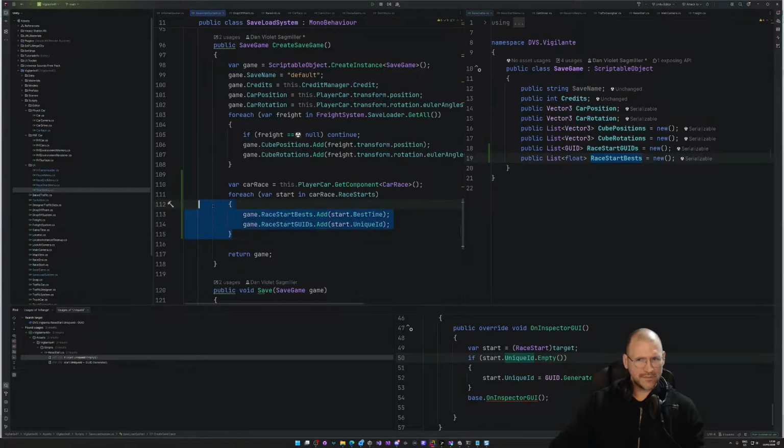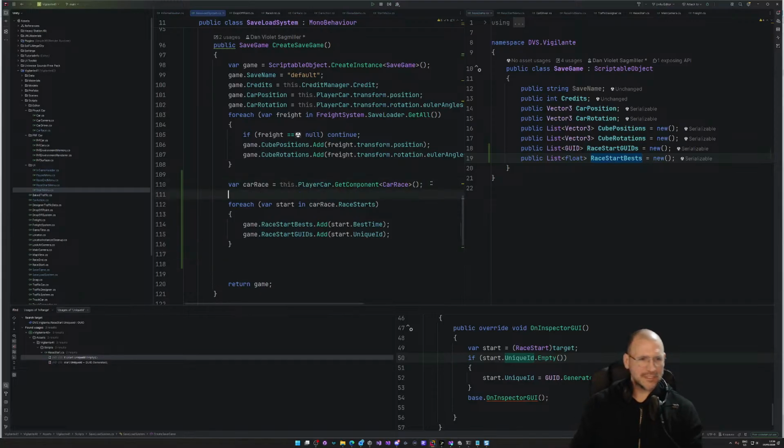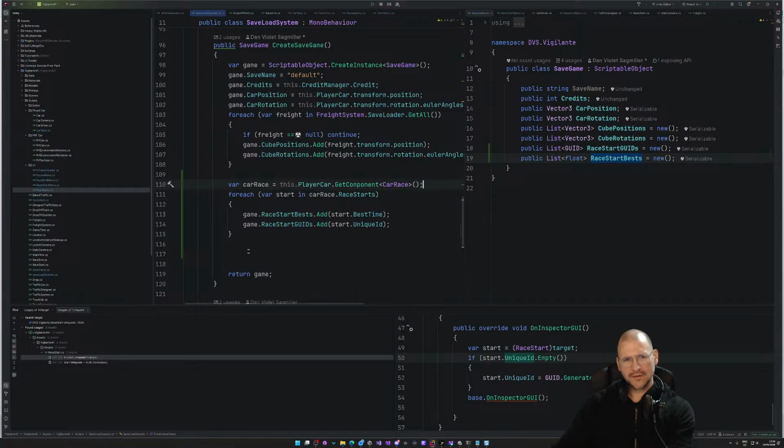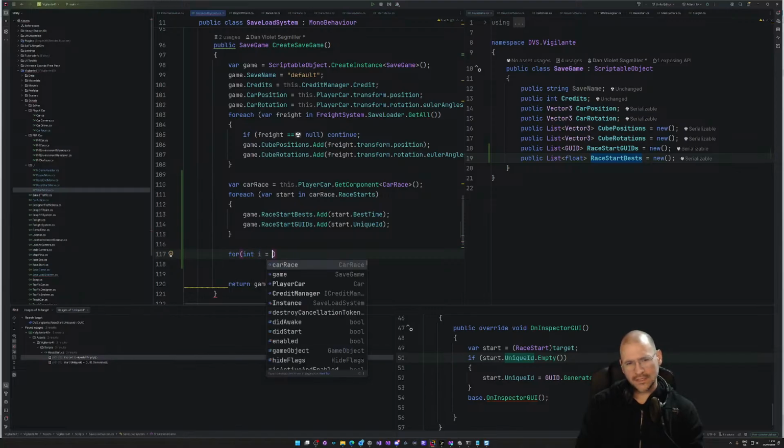I'm storing both of those pieces of information, but I'm not actually testing to see if any of the values are valid here. Let's do a little extra check right now. Since I'm going through this, I can do this right after. So we go through each one of those items, we add it, and now we're going to say for int i equals 0